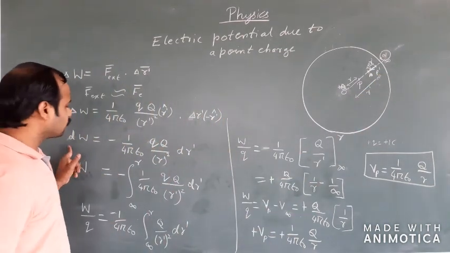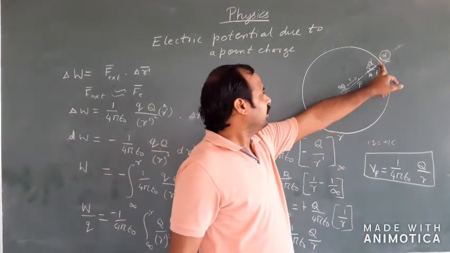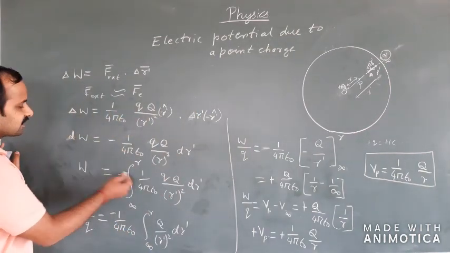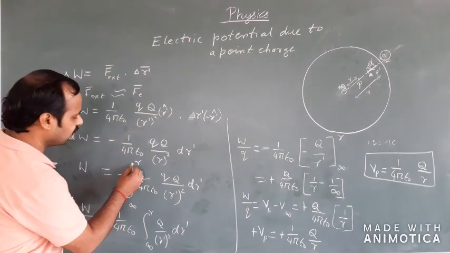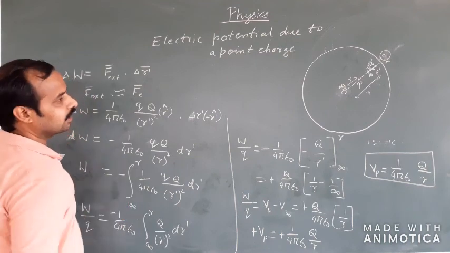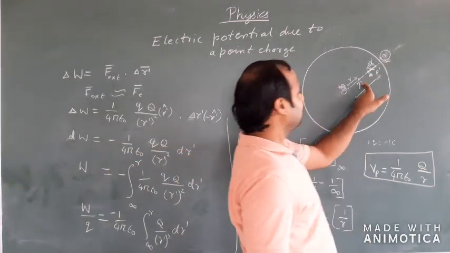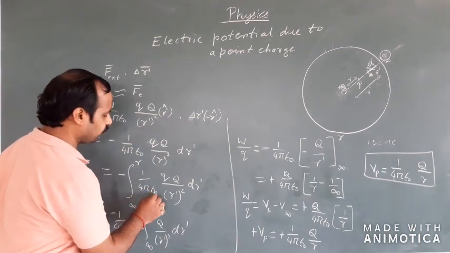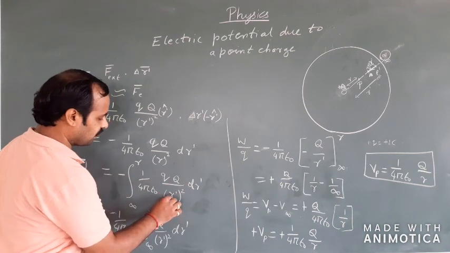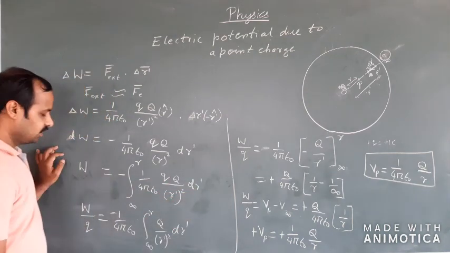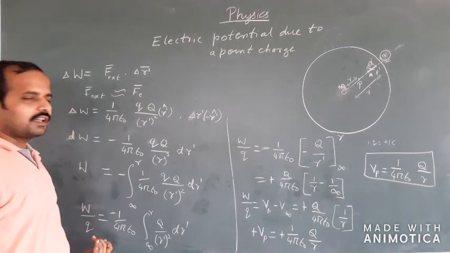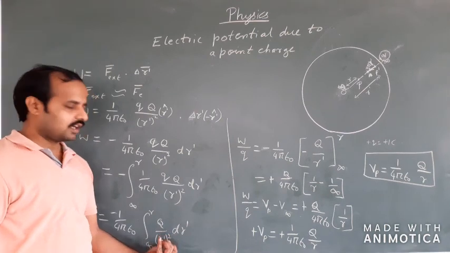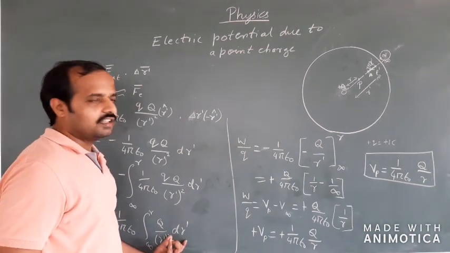Now, to find the total work done in moving it from P dash, that is infinity, to point P, I just have to integrate. So, on integration, what do I get? Integration from infinity to R, because the initial point is infinity and the final point is R. So, I take infinity to R, 1 by 4 pi epsilon naught Q into capital Q divided by R dash square dr dash. Now, I can take this 1 by 4 pi epsilon naught outside the bracket, and I can integrate Q by R dash square dr dash.